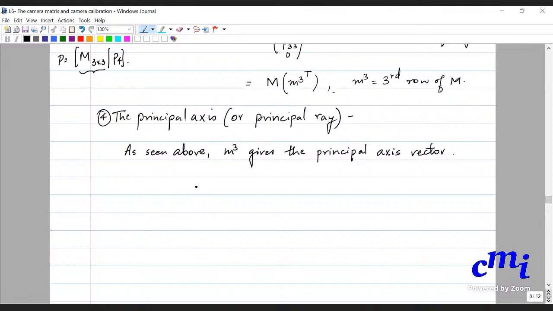Remember that P is a homogeneous matrix. Since P is defined only up to sign, there is an ambiguity